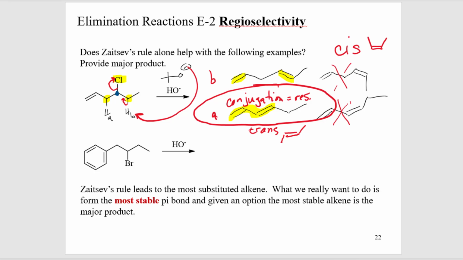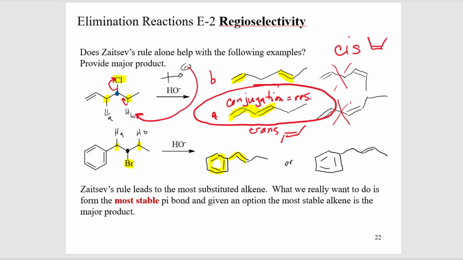We could do the same thing for the bottom case. Here's the alkyl bromide. That is my leaving group. I have to consider the 2 hydrogens at carbons next door. There's hydrogen A and hydrogen B. And if I remove either one, let's just not even think about the cis. Let's try to go for the gold. I would form this or this. And if you'll notice, the pi system of the benzene ring is conjugated to the double bond had I chosen to remove HA,